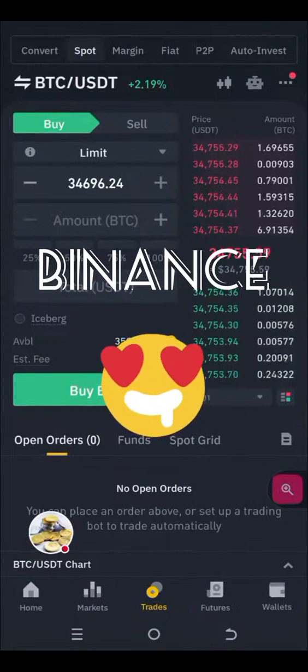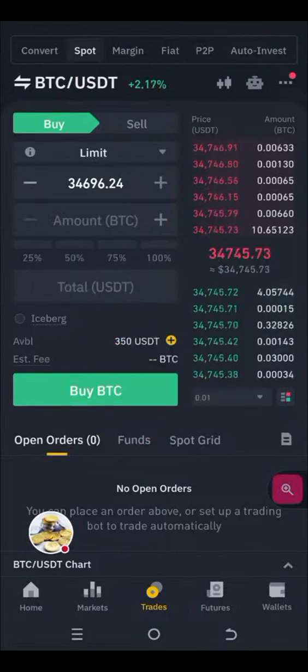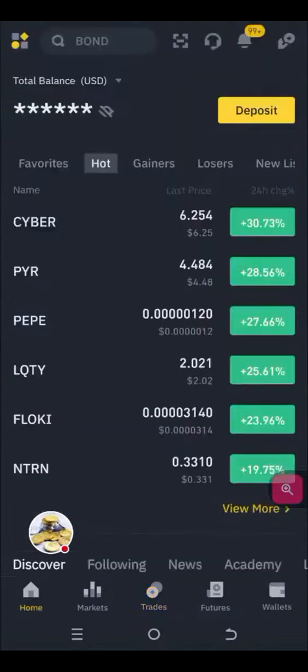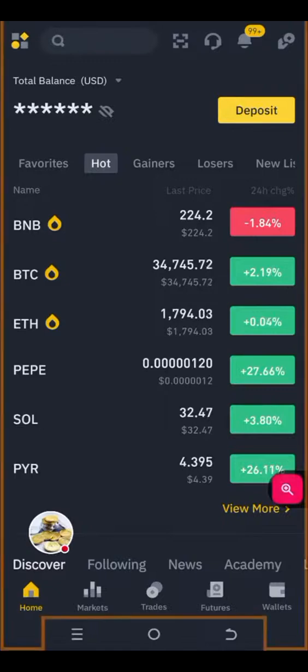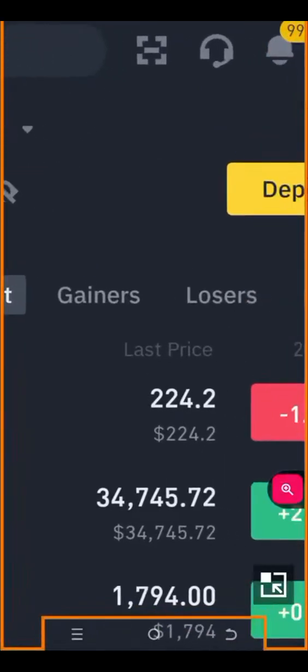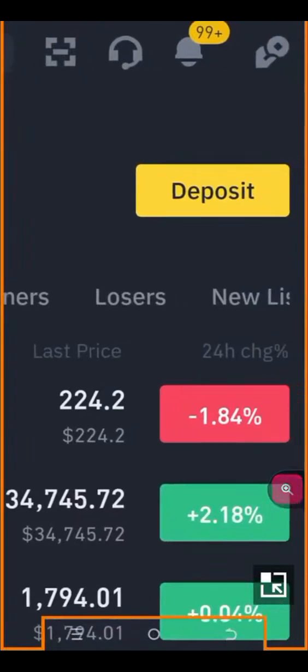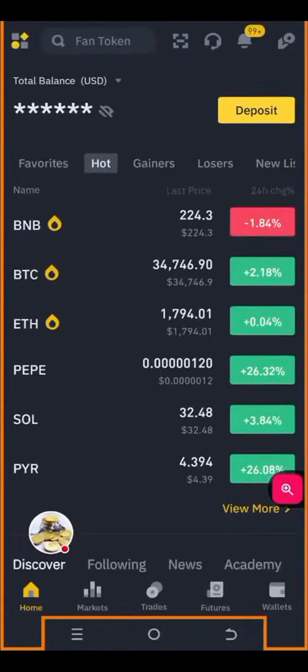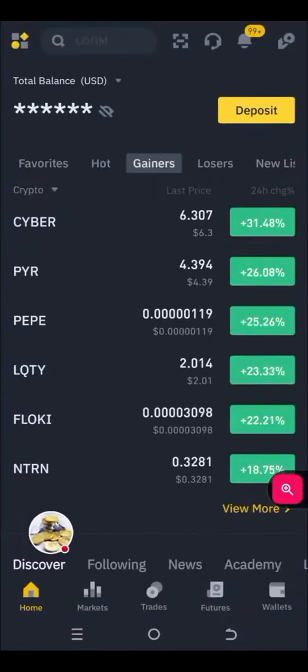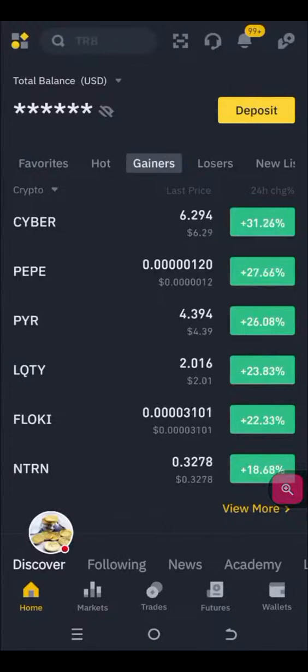Okay, let's go ahead and now for spot trading, I love to use gainers, right? And you can use any of these. Let me just enlarge this. You can use gainers. You can use losers. You can use new listings. But my all-time best is gainers. And the reason why I like to use gainers, and let me show you this, is because when a coin is pumping, there is a higher likelihood that it will continue to pump at least for